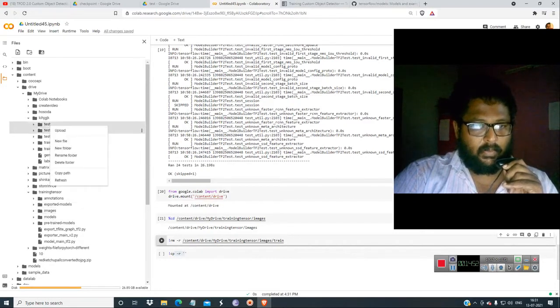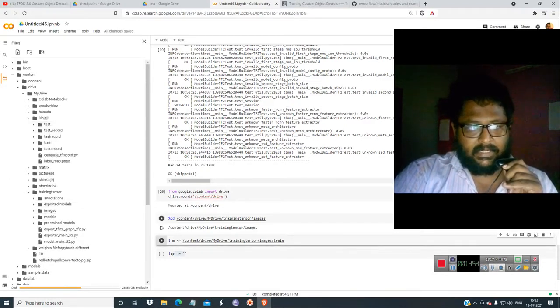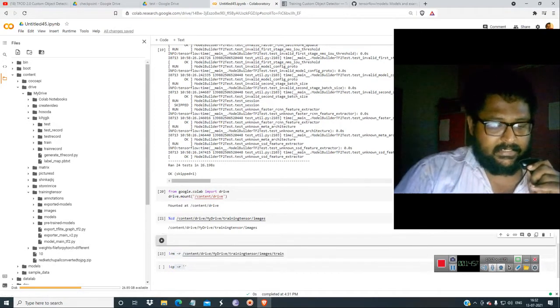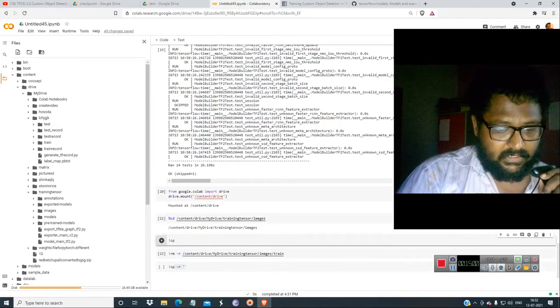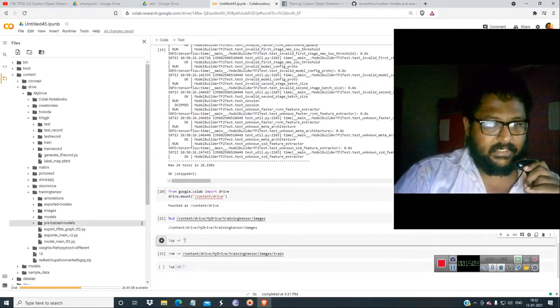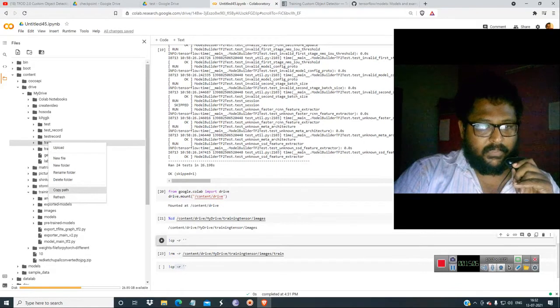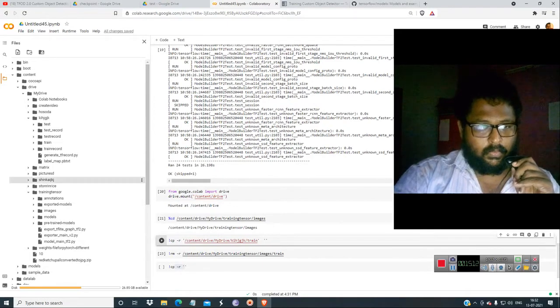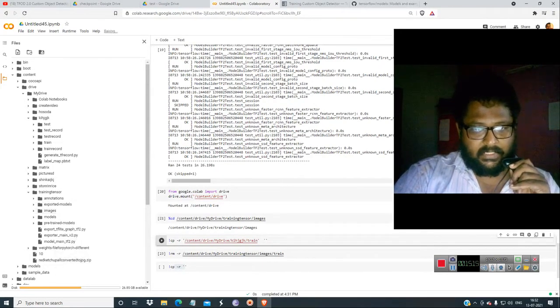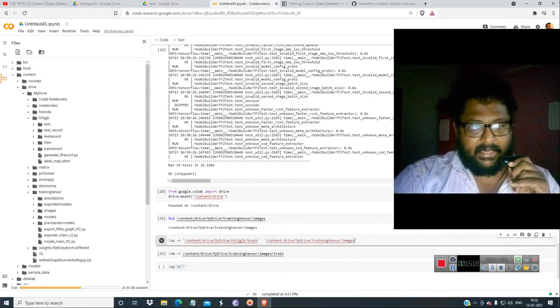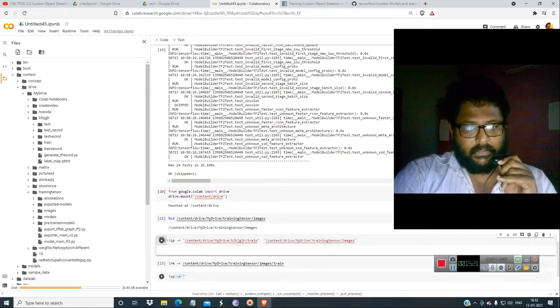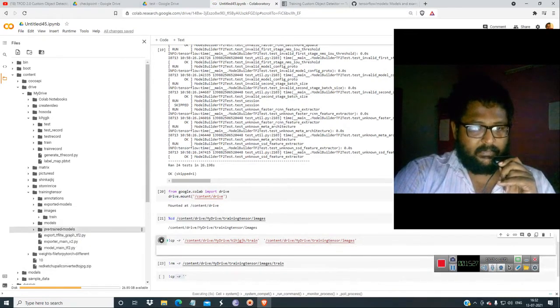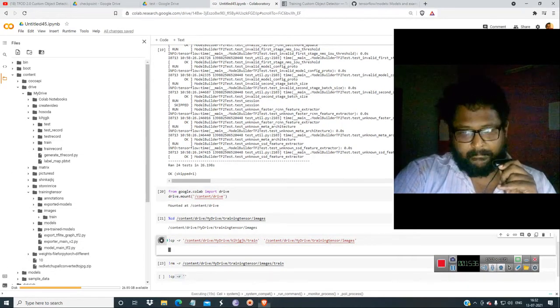Now you have to copy the path and get over here, and then type cp minus r exclamation. You are going to copy this folder from here, to the image folder over here, and then paste it and click it. This will take some time because it is a huge file. It has to be copied into this image folder. So it is being copied. We are not moving it, we are copying it. It will take some time.